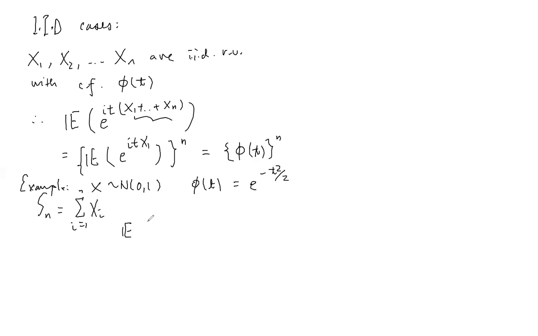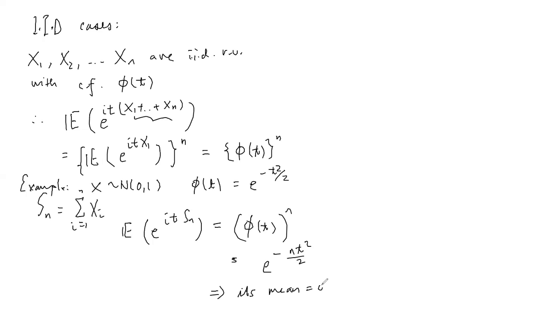Then the expectation of e^{itS_n} will be basically just e^{-nt²/2}. So from here, you can see that this implies its mean is 0, and the variance is n, right? So basically this one, the actual form is e^{iμt